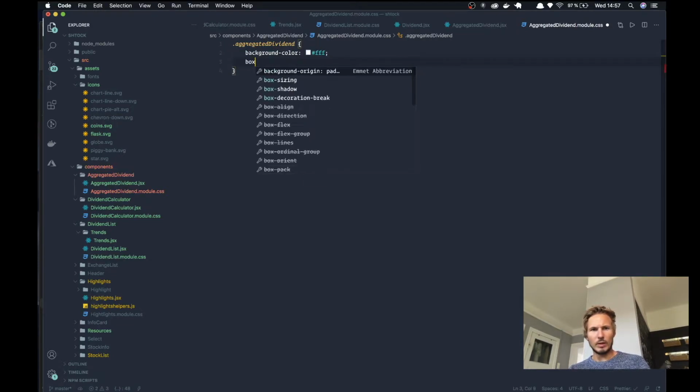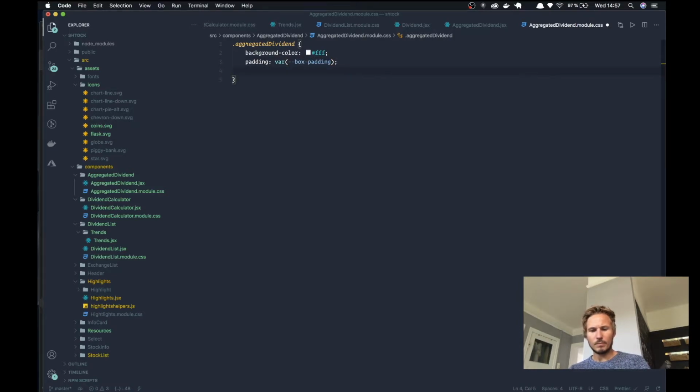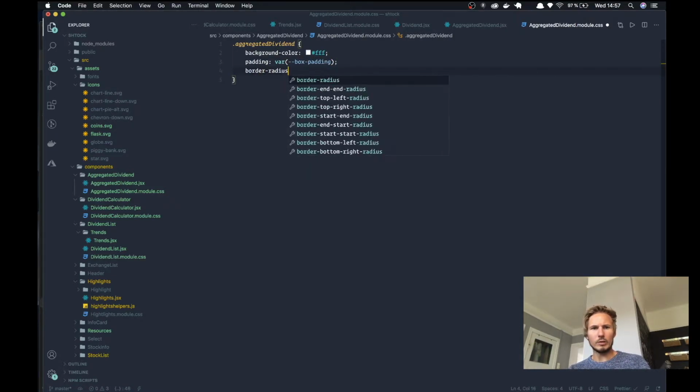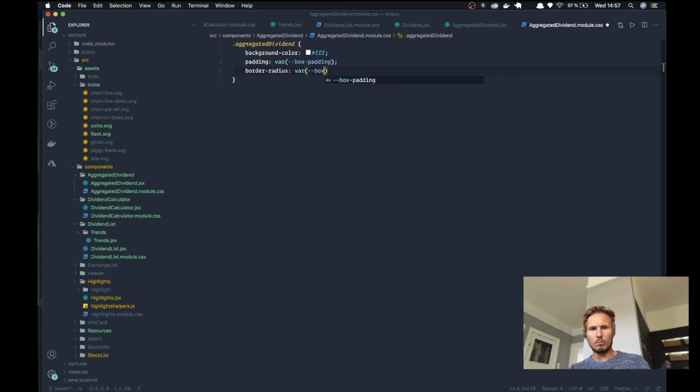We're going to give it a padding, a var box padding. We're going to give it a border radius, a var box border radius,